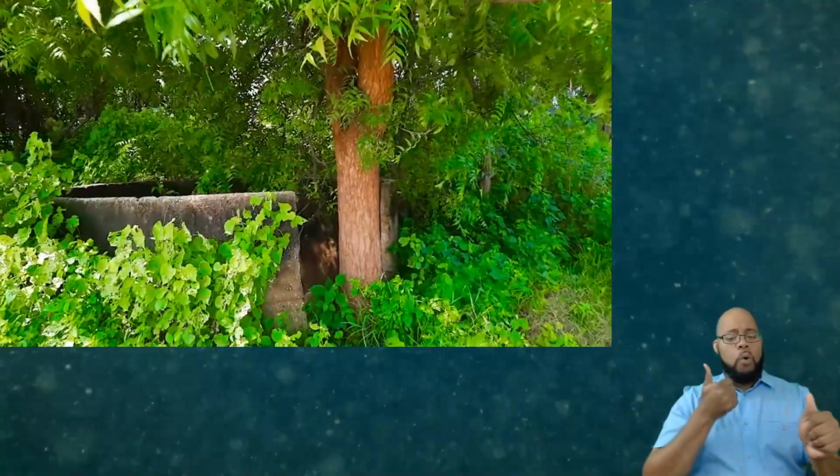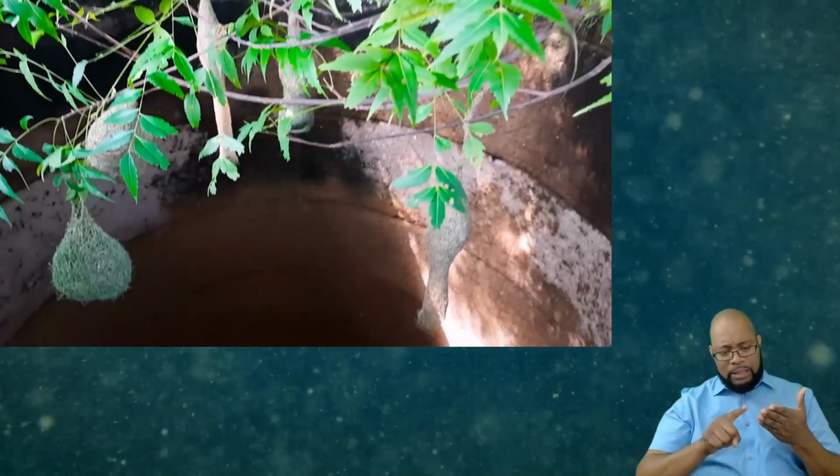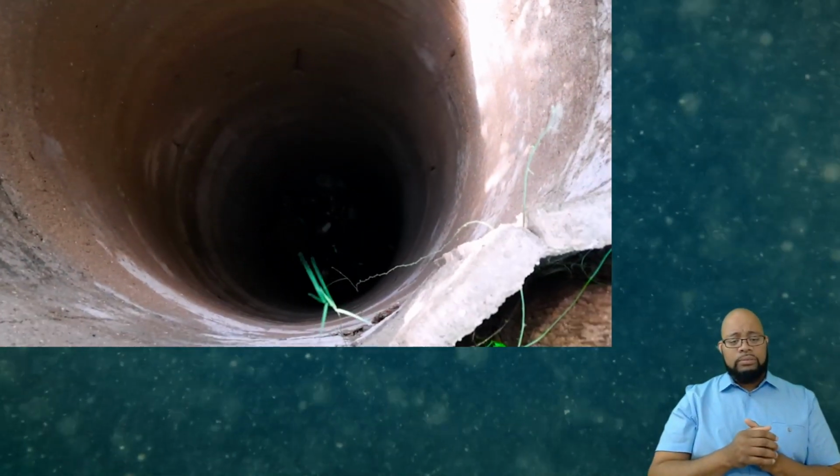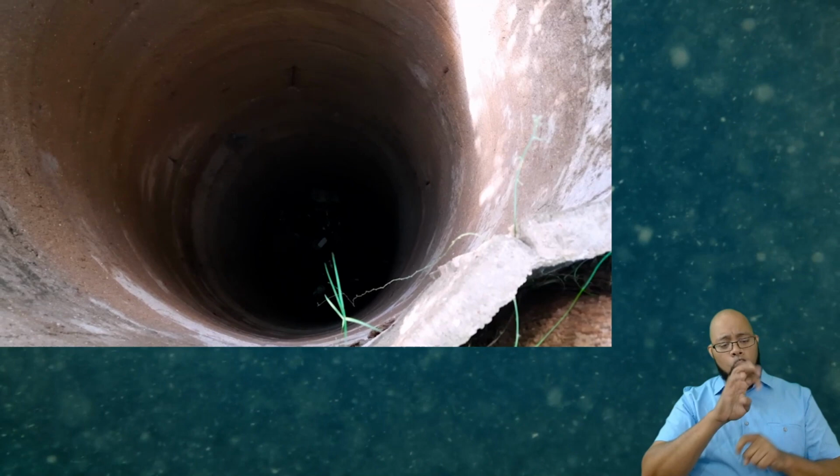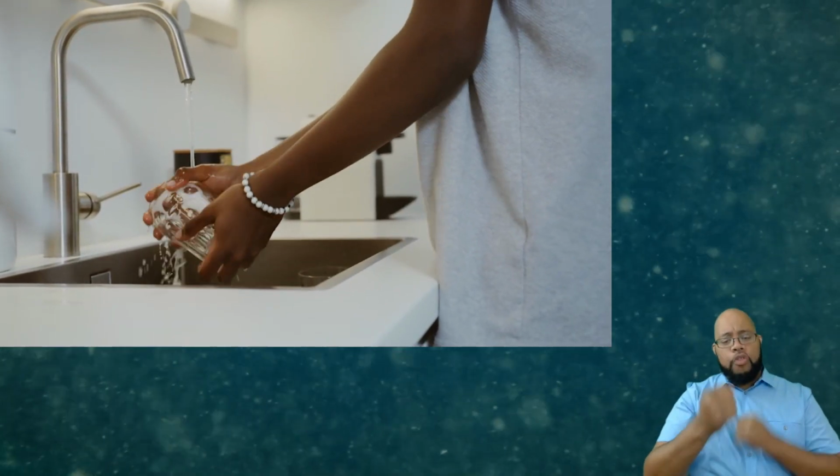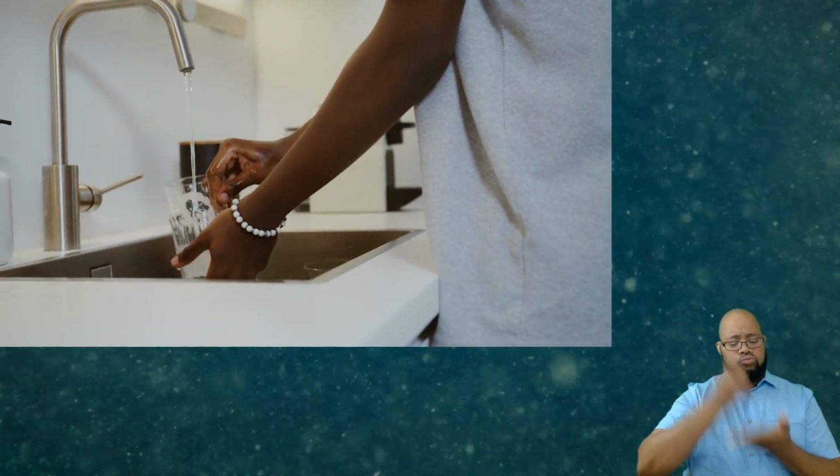So, to prevent contamination, if you are constructing your well, you should build it in a safe spot away from sources of nitrate. These sources may include fertilizers, septic tanks, and animal waste. It's important to inspect your well for contamination or damage regularly. You should test your well and your tap water at home for nitrate every other year using an accredited laboratory